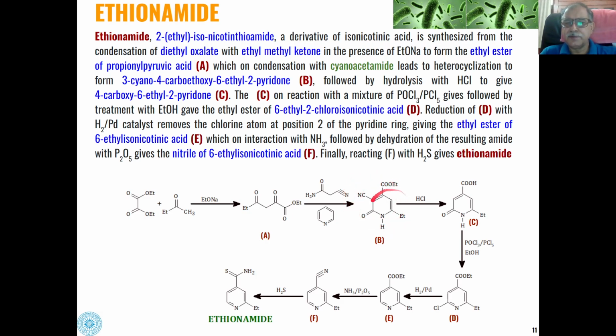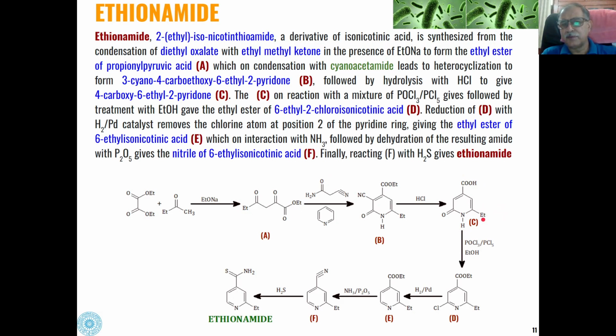on condensation with cyanoacetamide in presence of pyridine leads to heterocyclization to give us this type of pyridone derivative, and this pyridone derivative undergoes hydrolysis. So hydrolysis will convert this ester into carboxylic acid. In the presence of HCl, this cyano group will be removed. HCN is removed, and we will get this 4-carboxy-6-ethyl-2-pyridone. And this